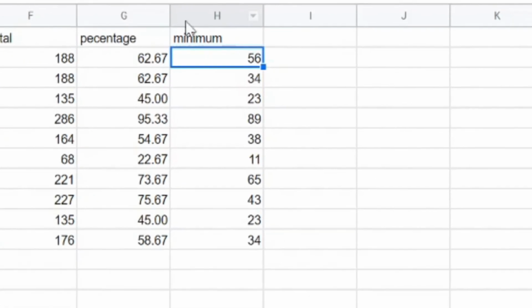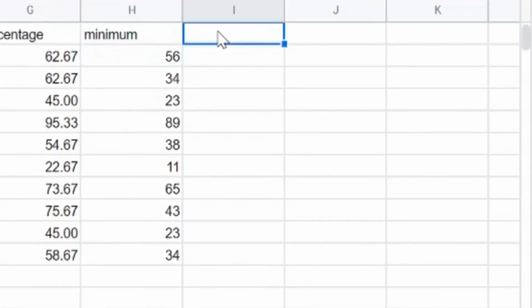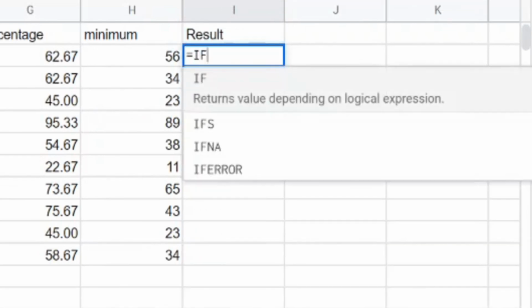Okay, let me use this minimum marks to calculate the result. So according to us, if minimum marks is less than 30, he or she is fail. So how to write that one? So we will give a title result, then we will give the equal sign, then if, you can use capital letter or small letter as well, it will work in both cases.